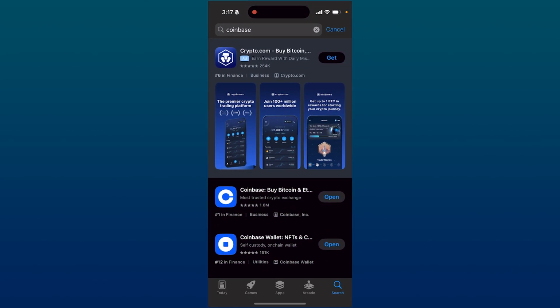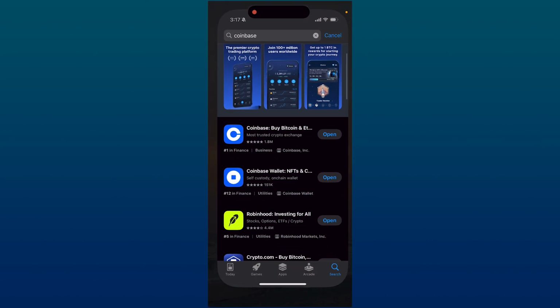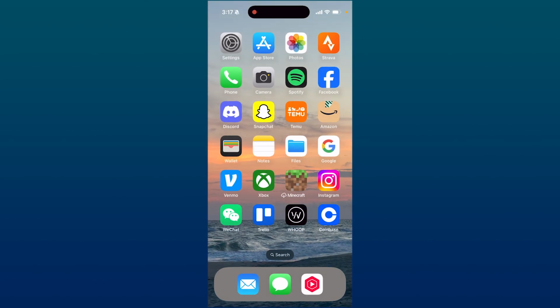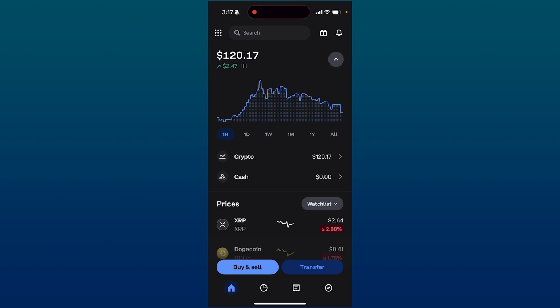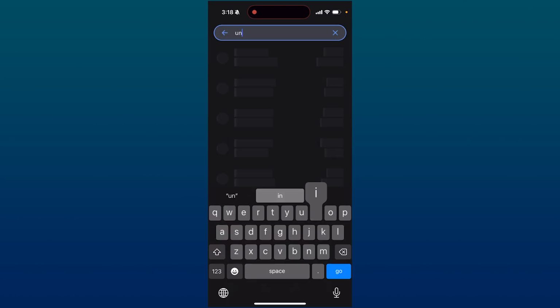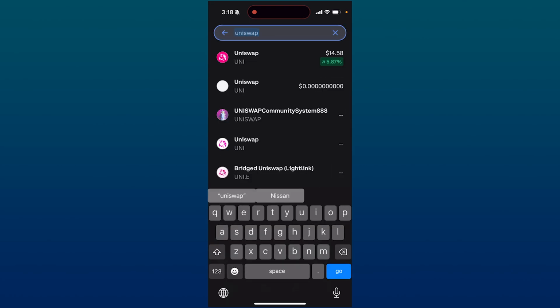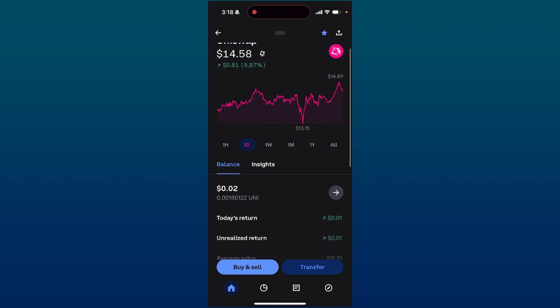Now, you're going to need the Coinbase app for this, so if you don't have it, get it first of all. But if you have it, first thing you want to do is you get on the Coinbase app like I've done so here, and you simply want to go over to the option, the search bar on the top middle of the screen, click on search, and you just want to type in the currency that you want to swap. In this case, we're going to type in UNISWAP, click on it, and as you can see, we can